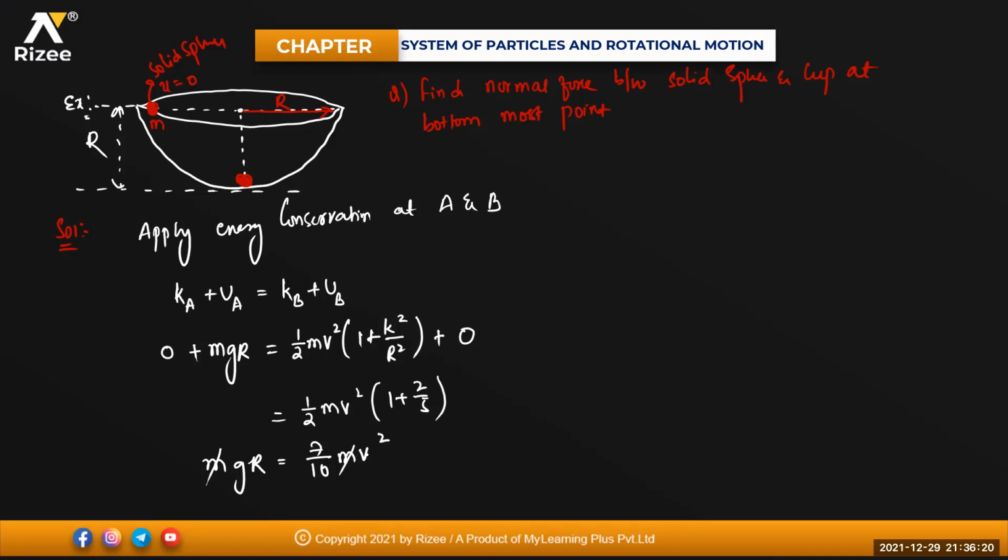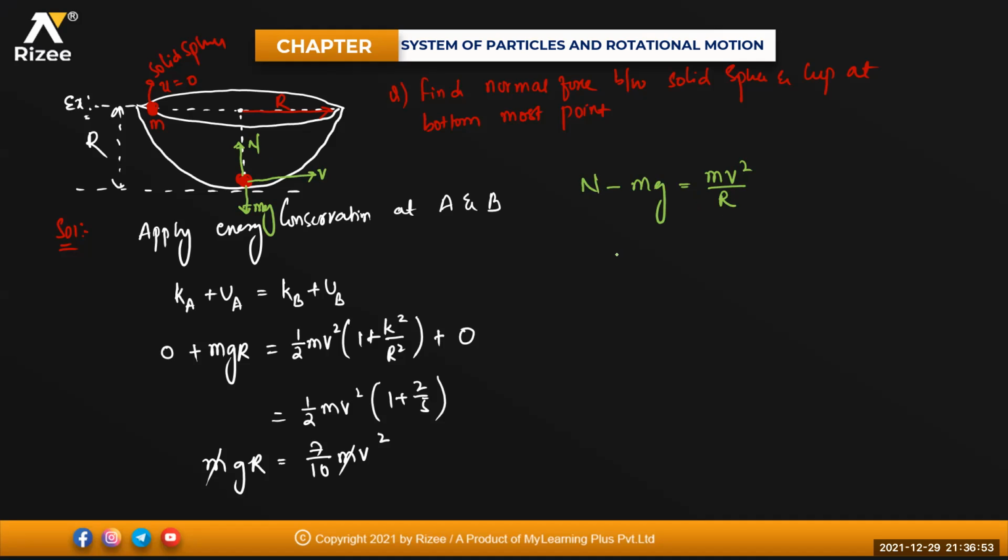Okay. So at the lowest position, let me write the contact forces. Here the weight of the body is acting in the downward direction, that is nothing but mg. Normal force N is acting in the upward direction. The velocity of this body is in this direction and angular velocity omega is in the upward direction. Clear? So if I'm writing the normal, that will be N minus mg is equal to m into v square divided by r.